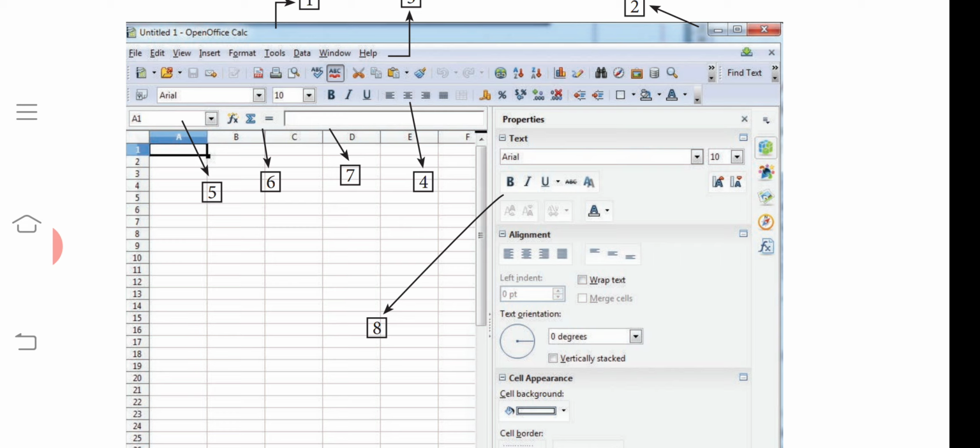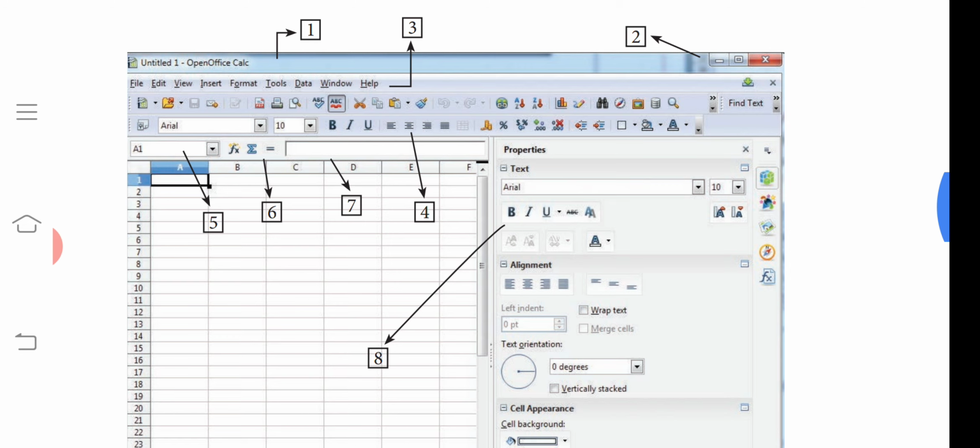Then Data: in the Data menu we can see what data it represents and what data we have to enter in the columns. These are some of the menus present in the menu bar.